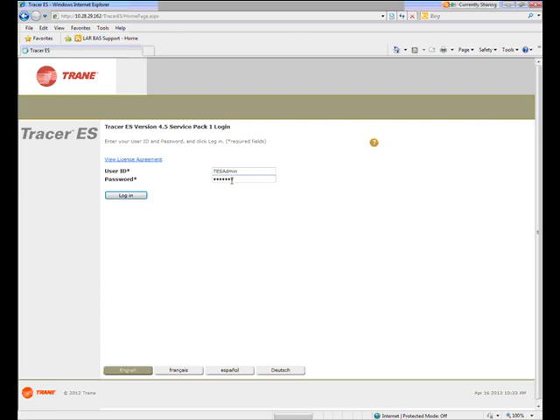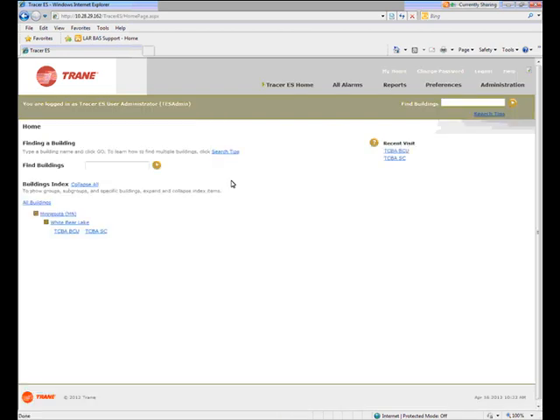Hang in there. I'm actually logging in. Do you all see the Train Tracer ES main screen here showing all buildings and White Bear Lake as one of the sub-options? I need to make sure everybody is on board here. If you don't see it, let me know before we proceed. All right, great. Now, under White Bear Lake, which is the actual city where I'm at, a neighborhood in St. Paul, where Trane is located,